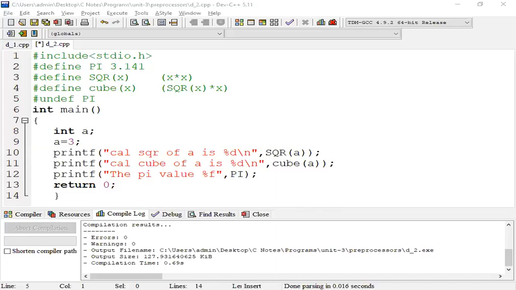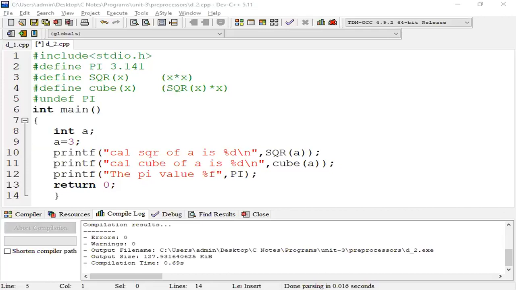No problem. Come to this method: hash include directives. We already know we use hash include for every program. What type of libraries did we add? Hash include stdio.h, conio.h, stdlib.h and math.h, like that. Those header files are included into the program. What is the total meaning?